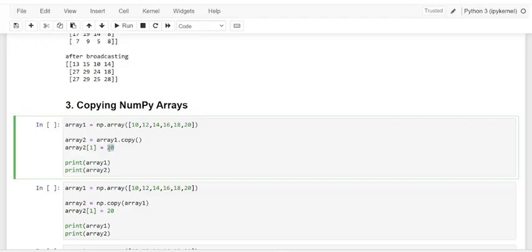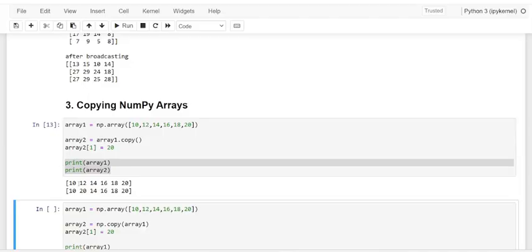Now we are going to change it to 20. Originally it was 12 and now we are changing it to 20. Let me print both array1 and array2, and kindly observe the result. Here array1 remains the same. The array2 which we modified has been updated. You see that index 1 of the original array is not modified. Rather, only the copy has the modification.